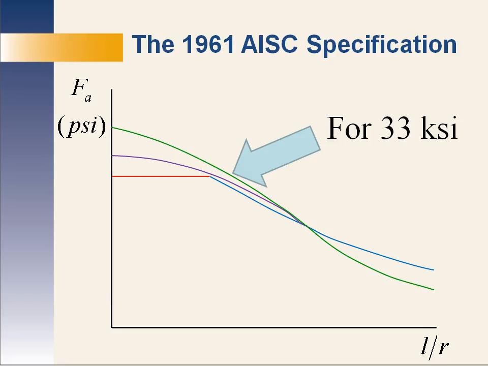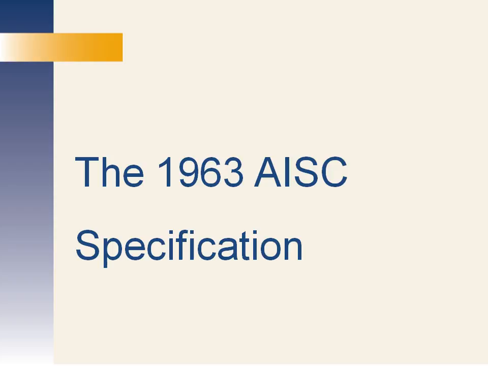It wasn't until the 1963 AISC specification that K, the effective length, KL, became explicit in the AISC specification. So at this point, we should take a moment and we should say happy birthday, K. According to this timeline, I'm not sure which it is. It's either 234 years old or a newborn. And it's hard to tell which is the correct answer. But let's call it a newborn. It was new in 1963.